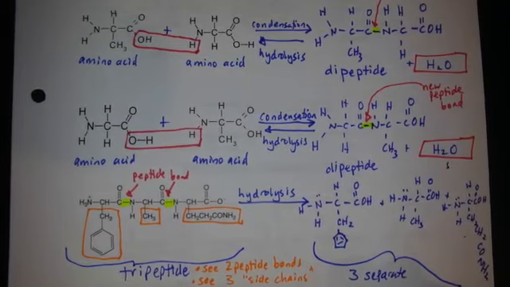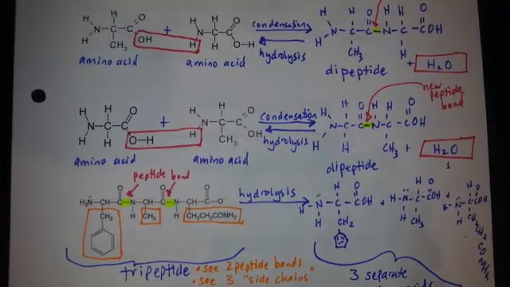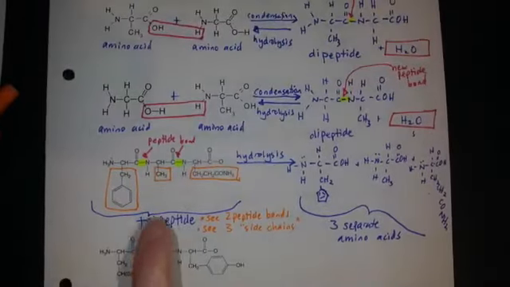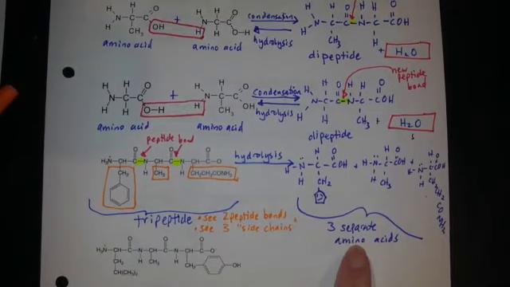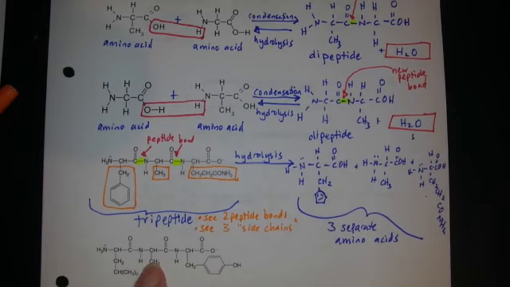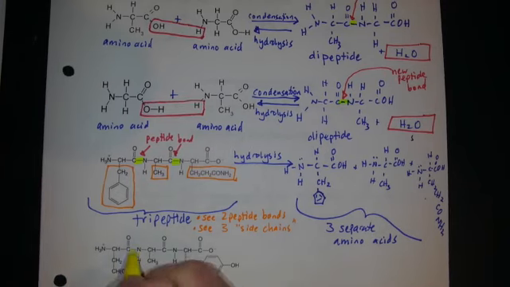That concept is the main thing. The drawing is our secondary focus. The concept is the primary focus. What happens when a tripeptide undergoes hydrolysis? You'll get 3 separate amino acids. What I'd like you to practice on this one, I'm going to have you pause the video. I'd like you to take a highlighter and highlight the peptide bonds. If you don't have a highlighter, then circle them. So pause the video and identify the peptide bonds. Now that you've had a chance to do that, I will do it with you. Here's a peptide bond, and here's a peptide bond. I only see 2. So this is another tripeptide.